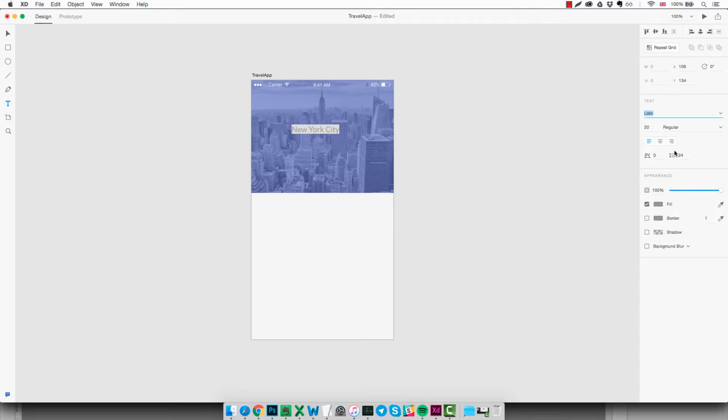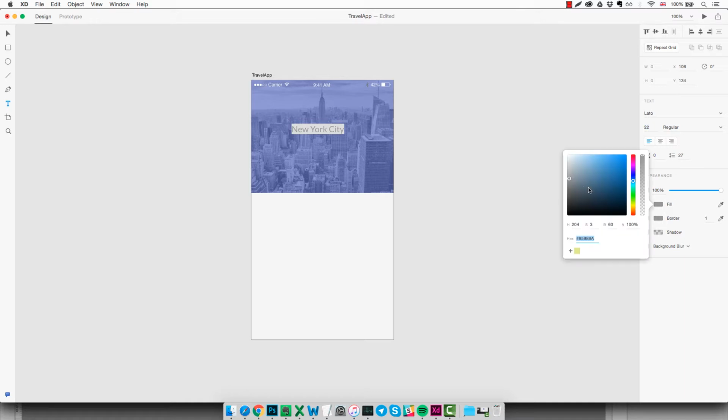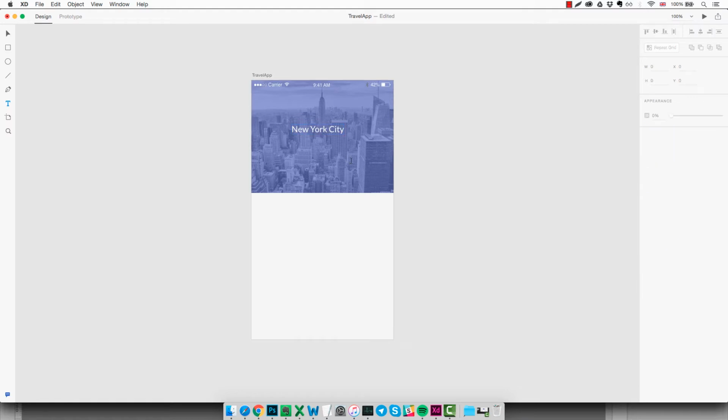It's a free font. It's quite cool because it has a lot of different weights that you can use, as you can see here. So in this case we're gonna use a regular one and probably increase the size a little bit. Change the fill to plain white, and that's it, I think. So we're gonna move this up, center it. As you can see, the smart guide, purple one, is telling us that this is centered,